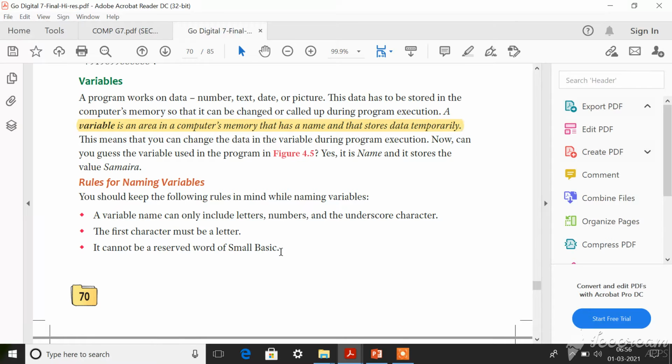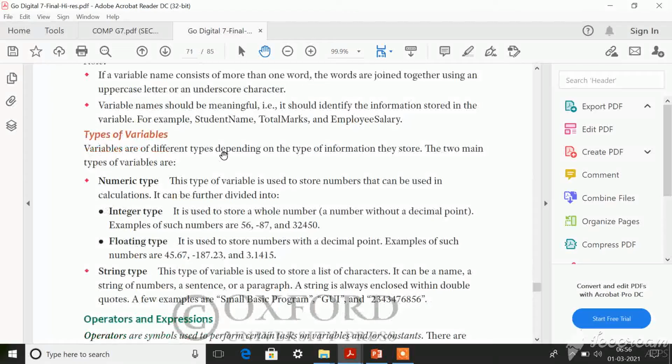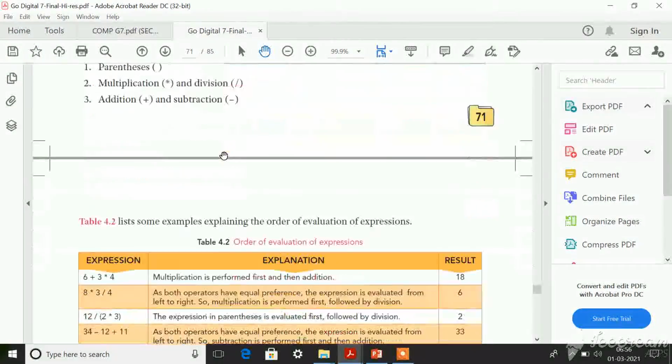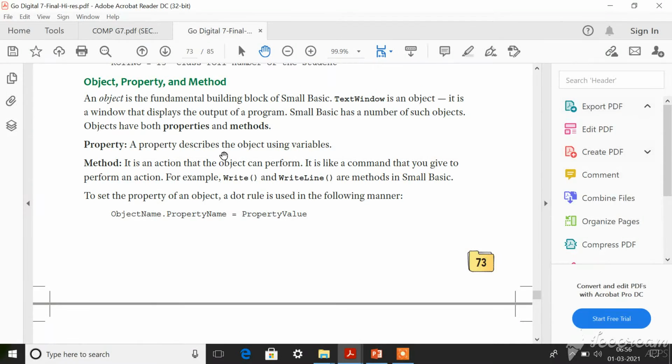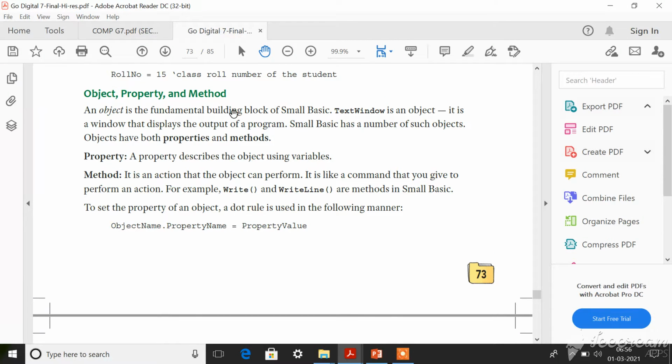You know what a reserved word is? Some words in this programming language are already predefined, and we will see that in the next topic. I'll explain that in the next topic. Like we have objects. When you move to page number 73, you have object, property, and method.